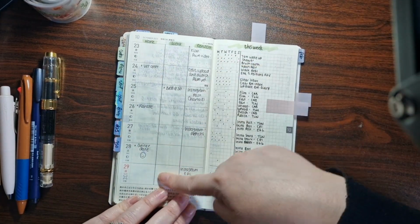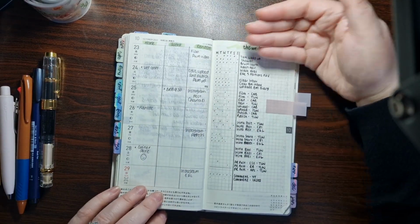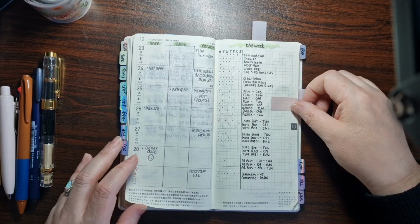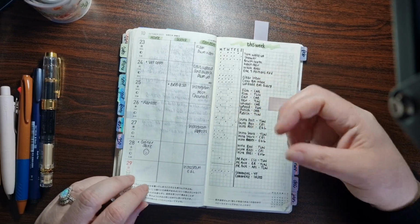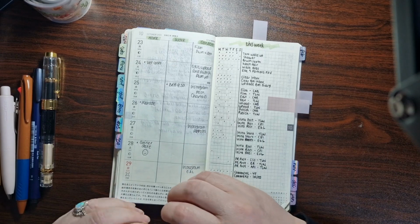Break down things if you need to, your home life, your work life, your content, if you're doing social media. Make it so that it's just easy for you to plot out so you're not being overwhelmed by just having to be creative. Don't get me wrong, being creative is something that I really enjoy, but sometimes I feel too pressured to be